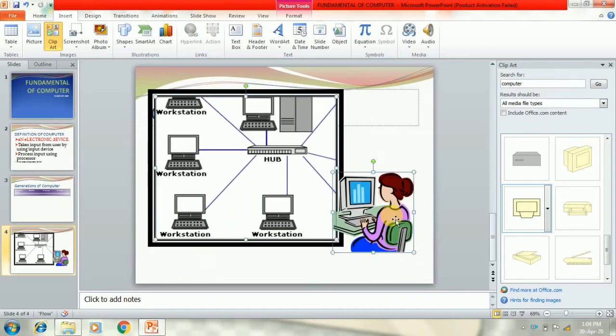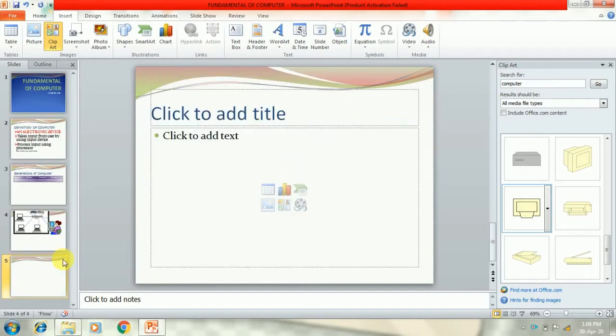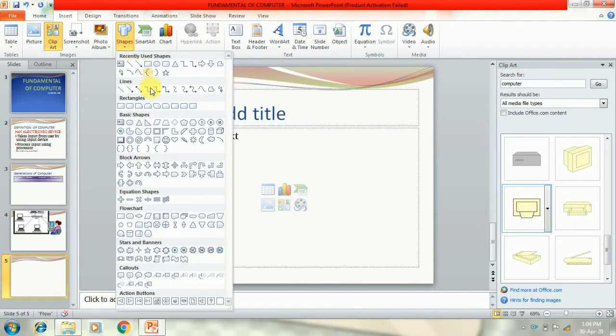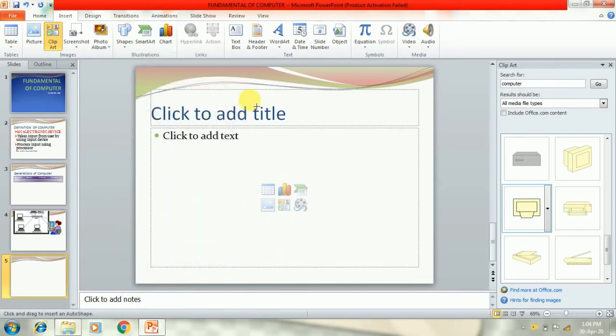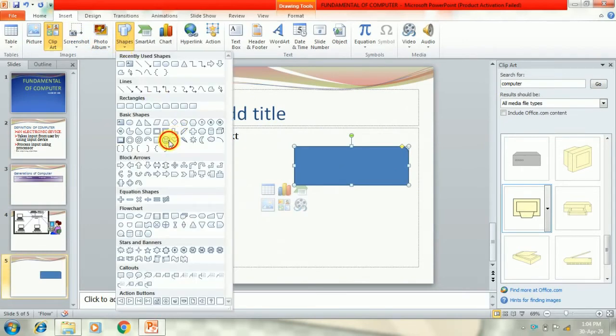The next object which we are going to insert is Shape. For this, we have to click on the Shape option. Select the appropriate shape which you want to insert in your slide. The shape will be inserted on the slide. Right click on it. You will see the option Add Text.